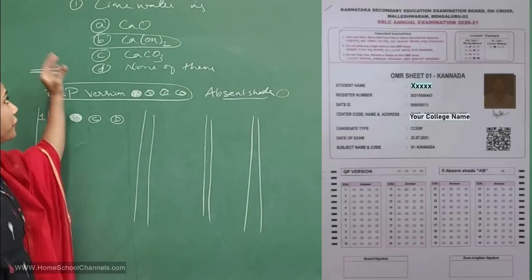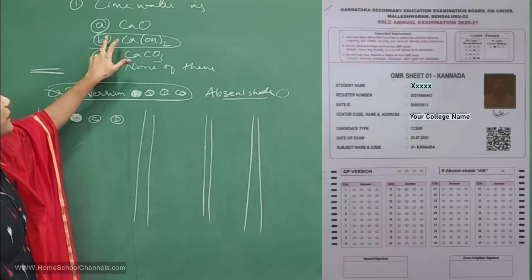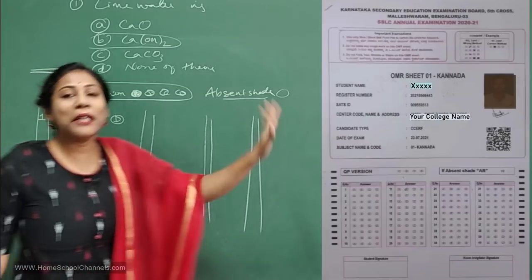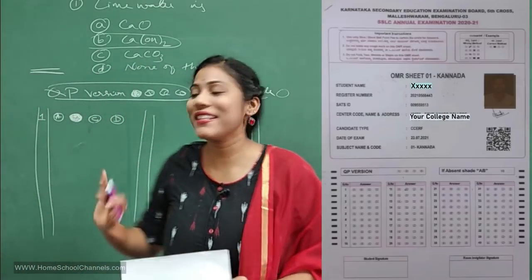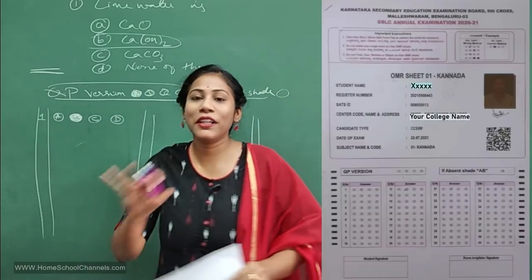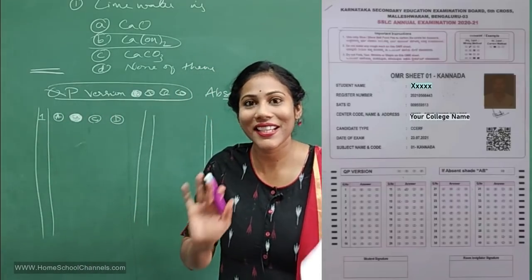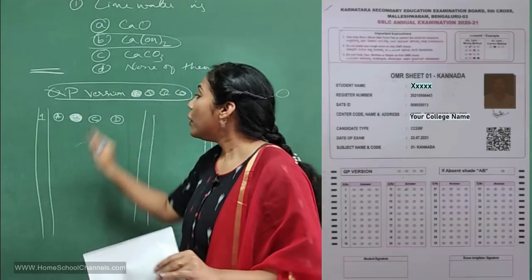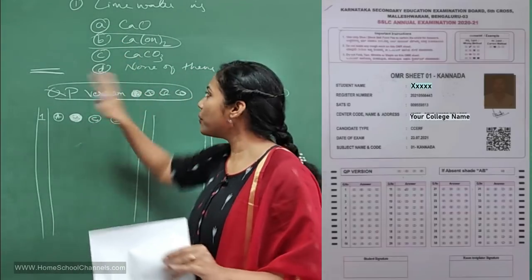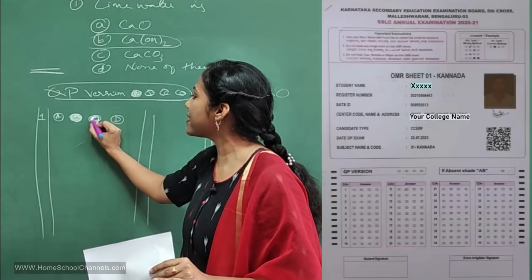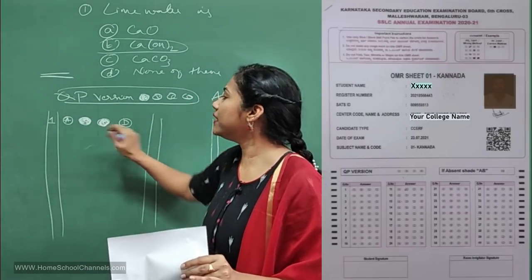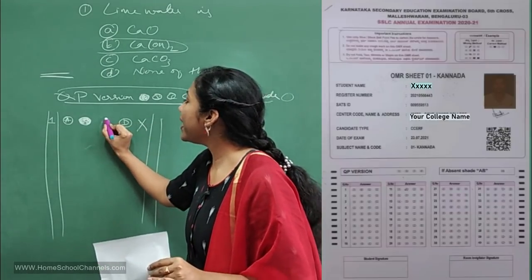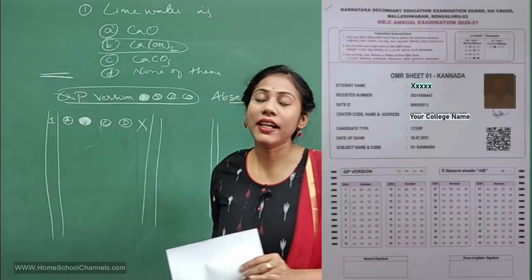Okay, and if you have a confusion, say you are confused between B and C, and if you shade both B and C, that will not be considered. They won't count that particular question for marking. Clear? Is that clear for you? So you have to be very, very careful in circling. Only one option you can select. If you shade both the circles, then it is considered as wrong. Okay, so you have to shade only one particular circle.